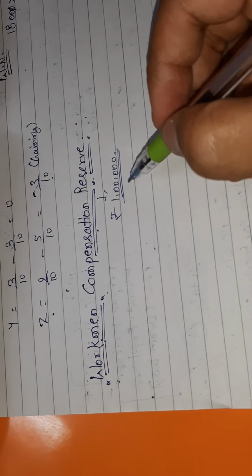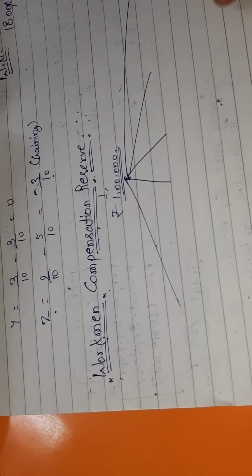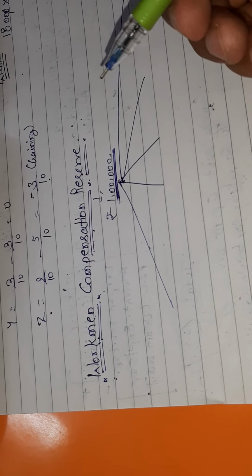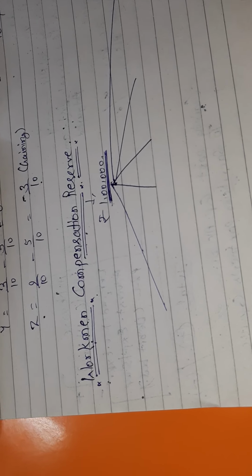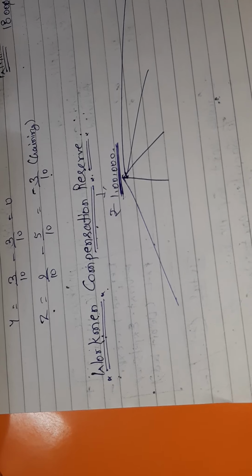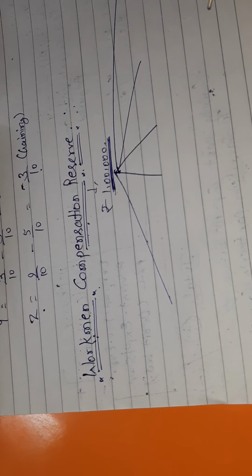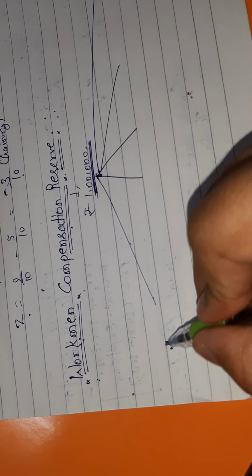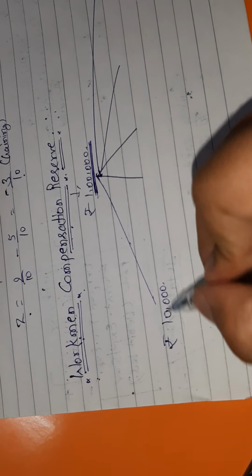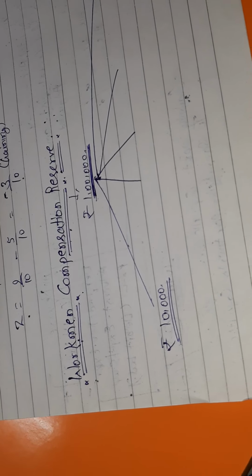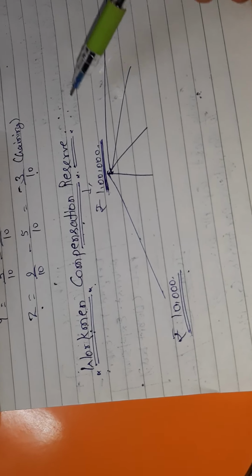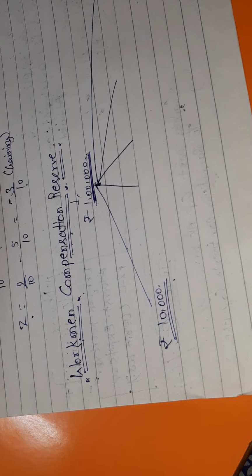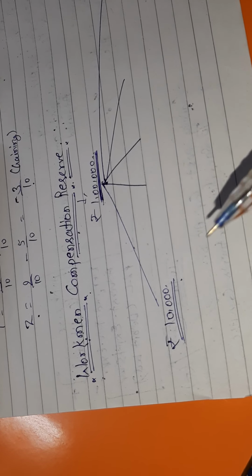1 lakh. And there are 4 or 5 conditions we have. Suppose the company has kept 1 lakh as compensation. कंपनी ने 1 लाख रुपया रखा हुआ है compensation के तौर पे देने के लिए. But the accident which happens with the worker is very minor. So in that case the company is paying just 10,000. How much does the company have to pay? Only 10,000. So can we pay it easily? Yes, because we have 1 lakh as a reserve and we have to pay only 10,000 during the year. So it means 90,000 will be saved in this case.